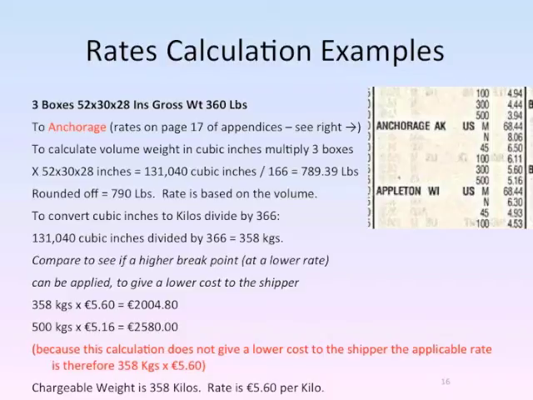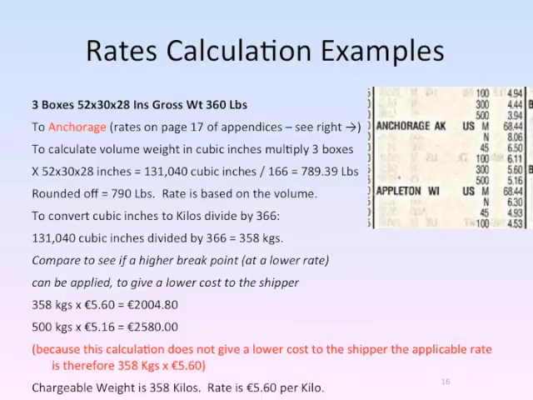So if we look over here to the right, we see the rates going to Anchorage. We see there is a minimum of €68.44, a normal rate of 8.06, that's up to 45 kilos. There's a breakpoint rate 45 kilos at 6.50, a breakpoint at 100 kilos and it's €6.11, breakpoint 300 kilos and it's €5.60, and a breakpoint 500 kilos and it's €5.16. So the rate we're looking at is we have 358 kilos and we multiply that by €5.60 and we get